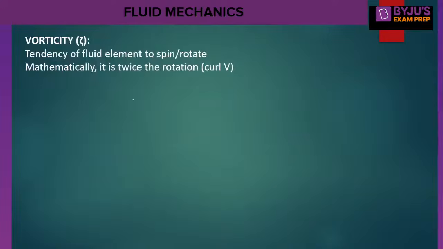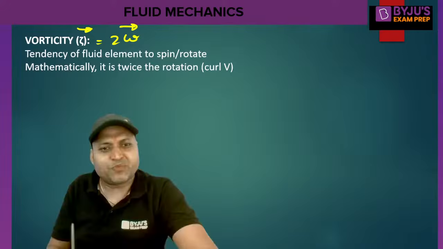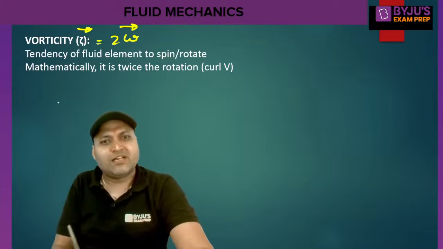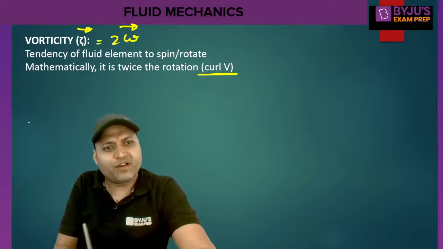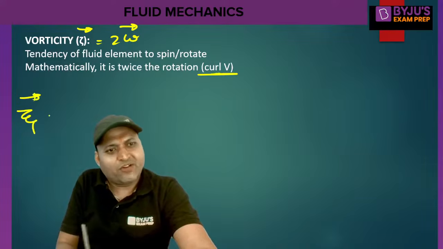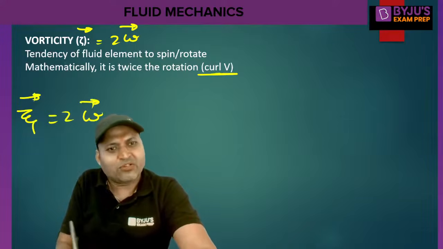What is vorticity? Vorticity is twice the angular velocity. It is the tendency of the fluid element to spin or rotate. Mathematically, it is the curl of V. So the vorticity vector, which is twice the angular velocity vector,